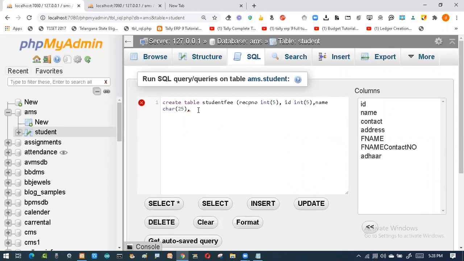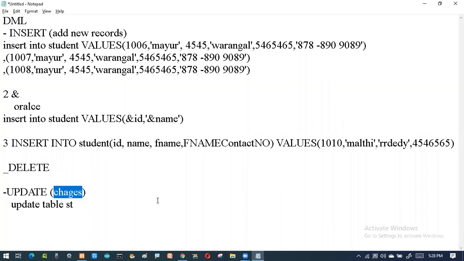Say how much he has to pay. So fixed amount I will be saying. So this is the actual amount. So I'll say actual amount. It should be an integer of 5 digits. Or if it is a decimal number, I will be saying something called 7 digits followed by 2 decimal values. Now this I didn't teach you. Now you will be knowing how it will be. See, I'll be explaining this.